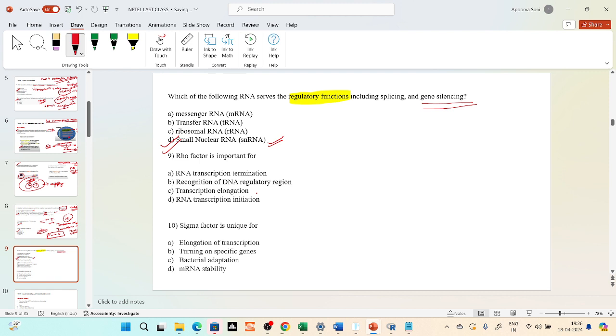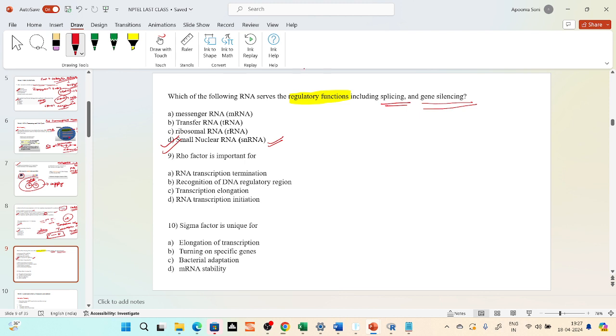Third way by which you can guess is splicing. Small nuclear RNAs are involved in splicing. They are the ones that help in the splicing of the introns. Splicing occurs in the nucleus, and these are the RNAs that are also present in the nucleus. Ribosomal RNA is not present in the nucleus, it is present in the ribosome, and the ribosome is present in the cytosol. Transfer RNA is not specifically present in the nucleus, they take the information and help in translation. So their function is in the cytoplasm.